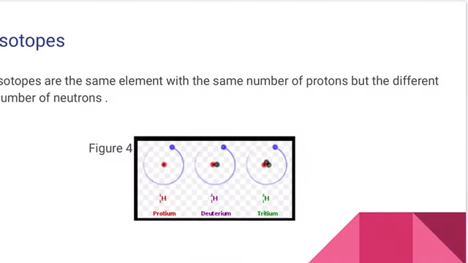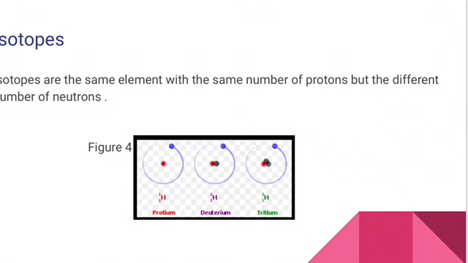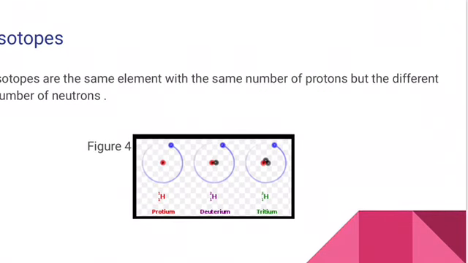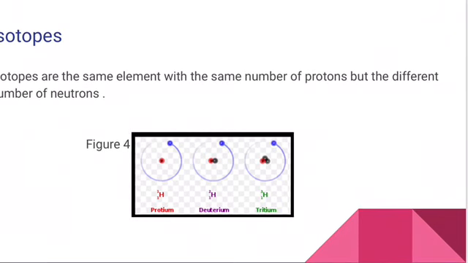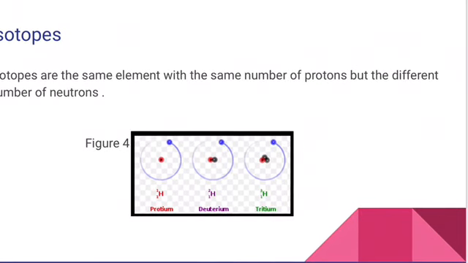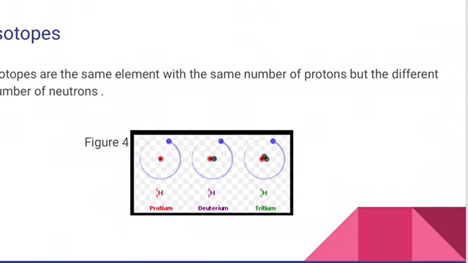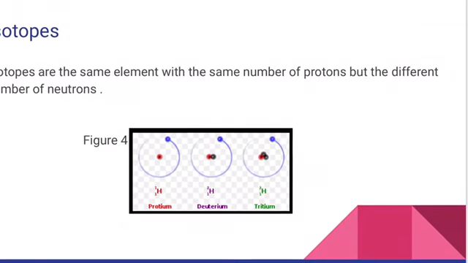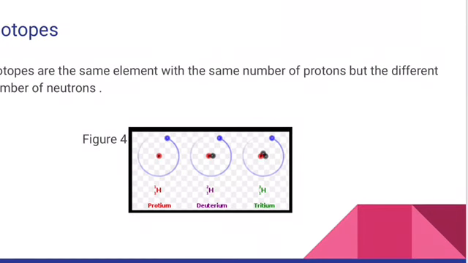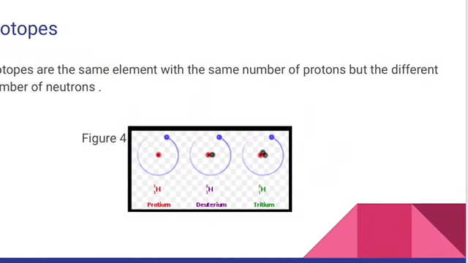It seems likely that the neutron's role in the atomic nucleus is to glue the protons together so that the electrostatic repulsion of like charges does not make the nucleus fall apart. Certainly, it is possible to have atoms of the same element with different numbers of neutrons. These are called isotopes. So, isotopes are the same element with the same number of protons but a different number